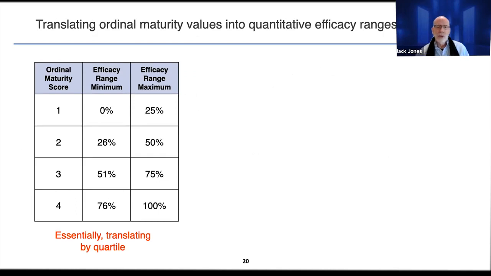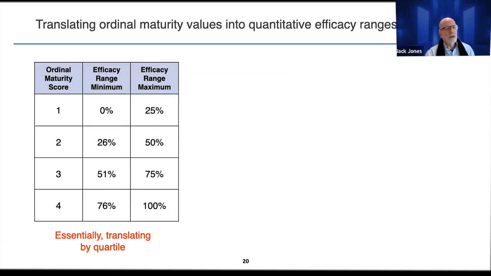And so related to that too, what I see oftentimes when organizations are trying to do this sort of thing, it doesn't matter whether they're scoring NIST CSF or ISO or some other framework, they have some ordinal maturity score that they're trying to translate into some sort of non-ordinal range. And this is the kind of thing I see quite often: quartiles or quintiles or that sort of thing, 0 to 25, or it might be 0 through 20 if it's a 5-level scale, that sort of thing.